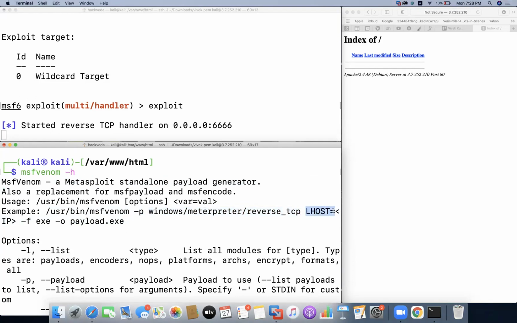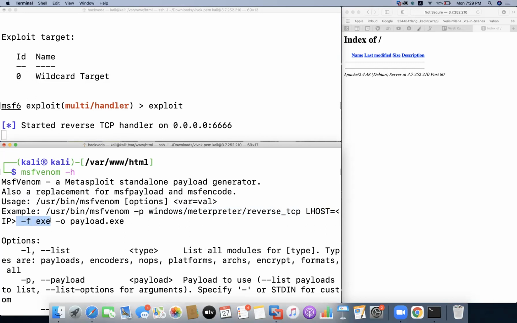Then I'm going to define my local host, what would be the IP address to which the victim computer should connect once he clicks on the payload. Then I'm going to define the format, that is, is it an executable type or is it a raw type. So currently I'm making it for Windows, so I'm going to make it for the exe type.